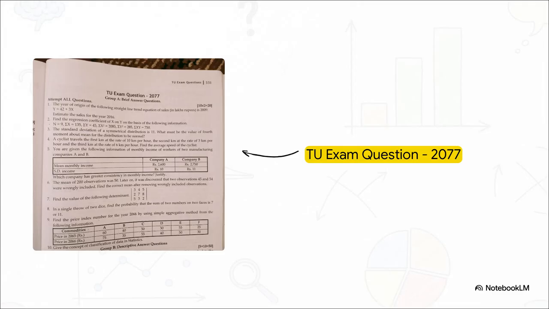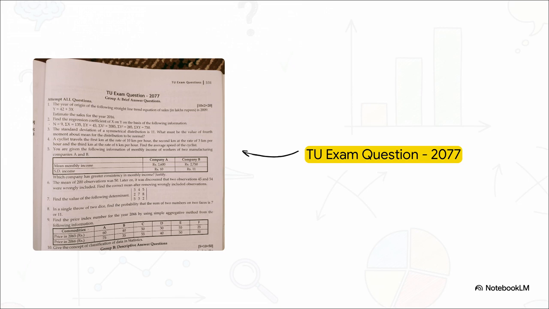Okay, let's dive right into the actual paper. What you're looking at is the official Group A brief answer question section from the 2077 exam. And yeah, at first glance, it's just a giant wall of text and numbers. But by organizing these problems thematically, we can uncover exactly how logical and accessible these foundational statistics